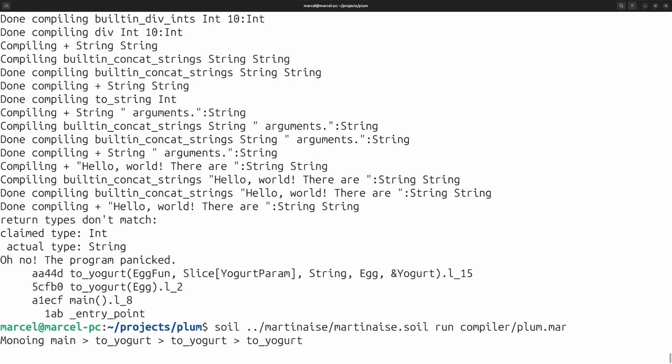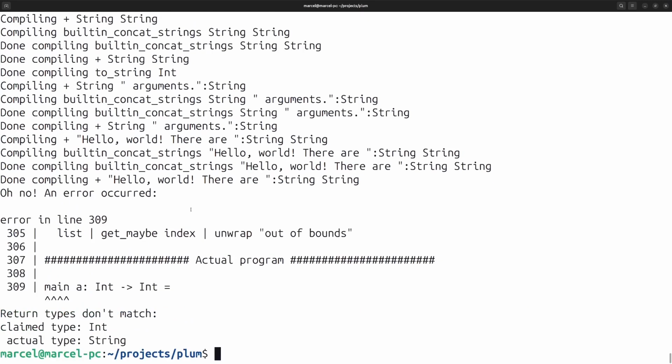I just want to see the compiler complaining about, oh, look at this. Damn, return types don't match. Claimed type int, actual type string, and you get a nice, like, the context of that error is this function. Cool. Again, the concrete type,